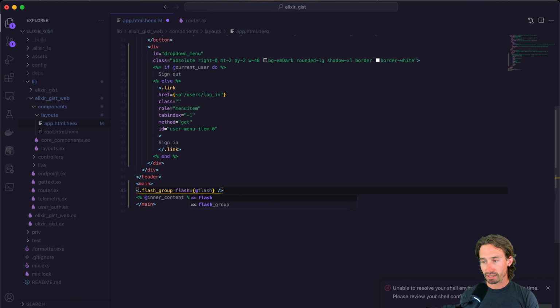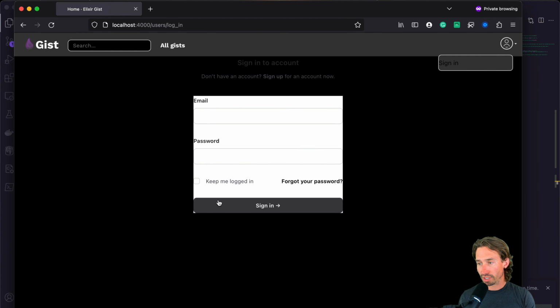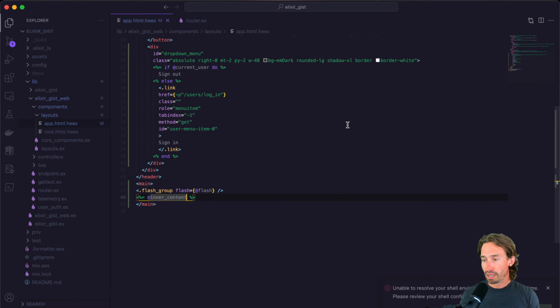We want to set it to a flash variable, and we're using the flash group, which is a Tailwind custom class for our Phoenix project that is already there. I forgot the equal sign again. And there we go. So it's not pretty, but it allows us to sign in now. We'll fix up all the CSS on this in a later video. But now at least we can load other